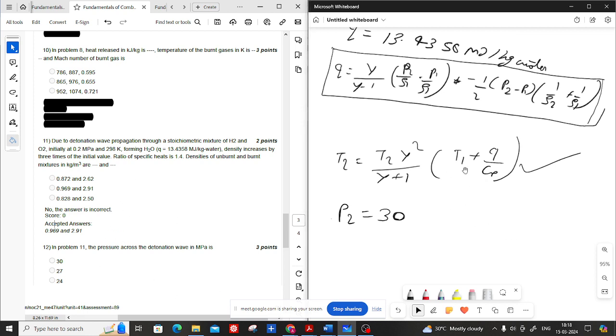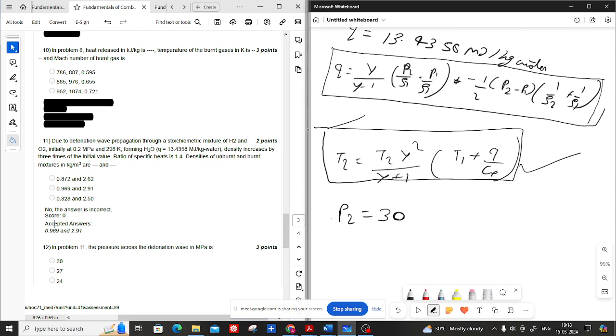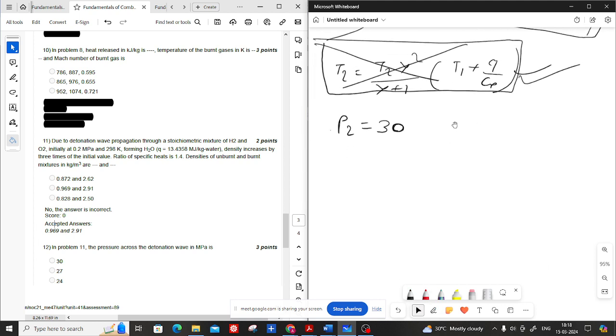I don't remember if this formula is there or not. I don't know the basis of this formula, where you are getting it from. Definitely this formula is there, and I can remember how you get it, but I don't know where you are getting this from. It may be correct, but I don't know. So I will try to solve this question from a very basic equation.